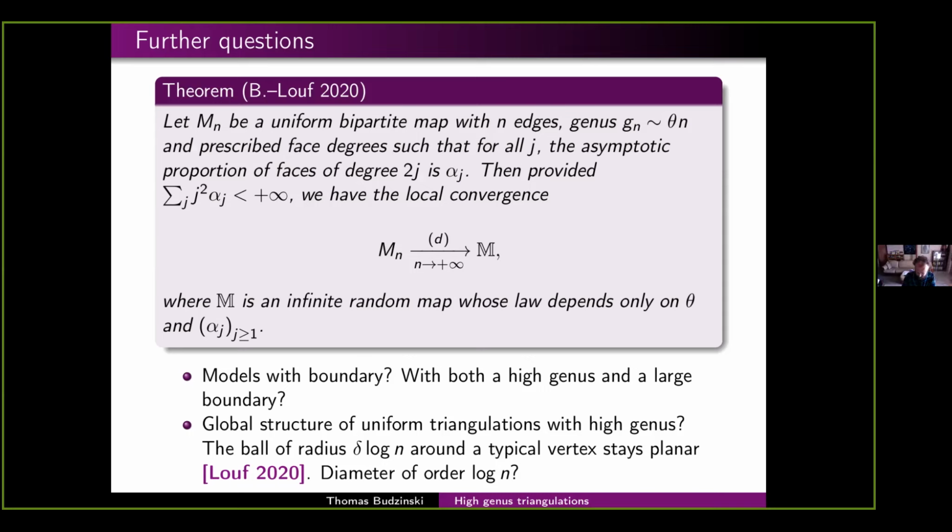So, does anybody else have a question? Gulnara asks, what is the limit in the orientable case if the genus is bounded? Oh, that's the UIPT. I don't think it's been written anywhere, but I think now combinatorists have some bijections on non-orientable maps. So if it's not been done, it's probably something doable.